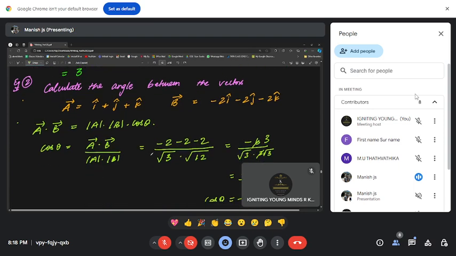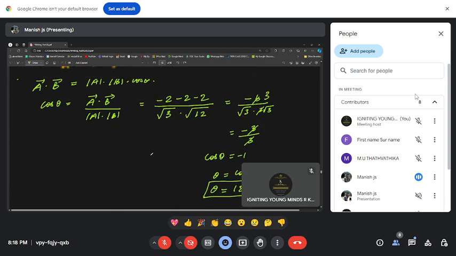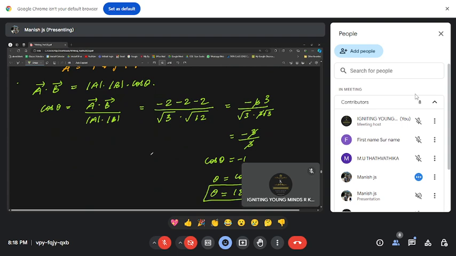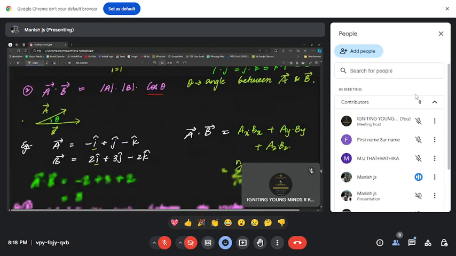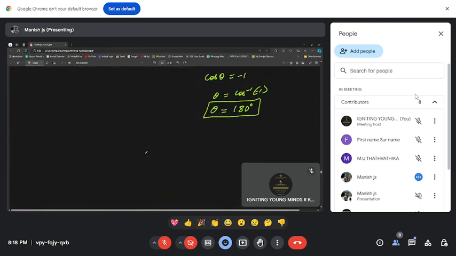The scalar dot product is done. So we have now learned about scalar dot product, how to find out the dot product of two vectors, how to also evaluate the angle between two vectors in a scalar dot product is what we have done so far. Okay, so with this we'll move on to the next aspect. So the next number is 7, so moving on to the 7th concept for the day.